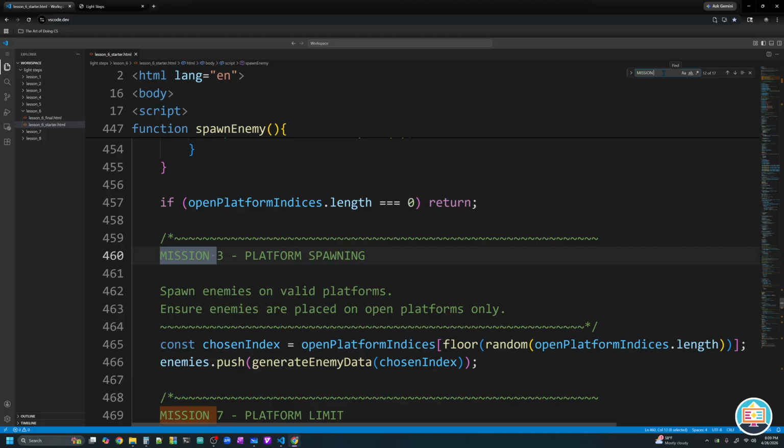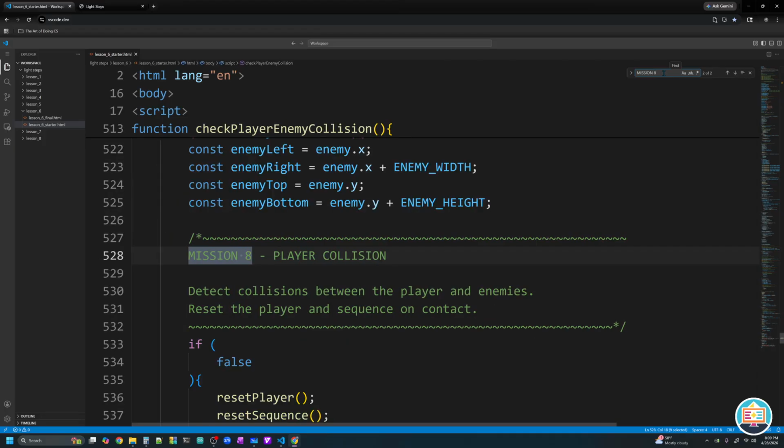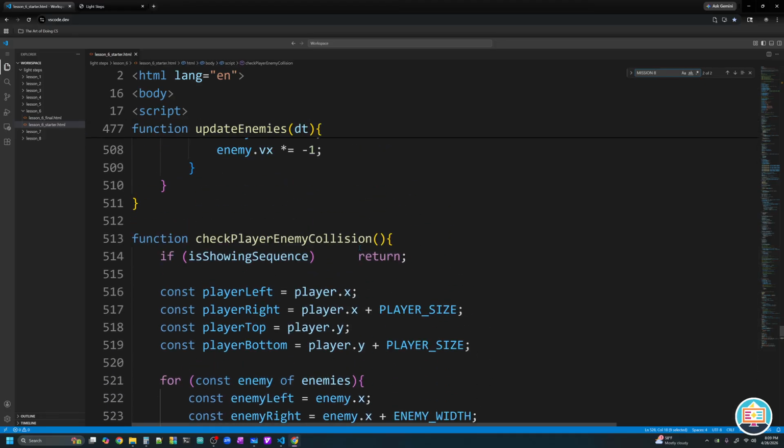And the last thing we'll do here before we test it all is figure out if a player collided with an enemy. And this is going to be in our check player enemy collision function. So first thing we're going to say is, hey, if we are showing a sequence, just get out of this function. We're not going to check for any collisions. But if we're not showing the sequence, if the preview is over,